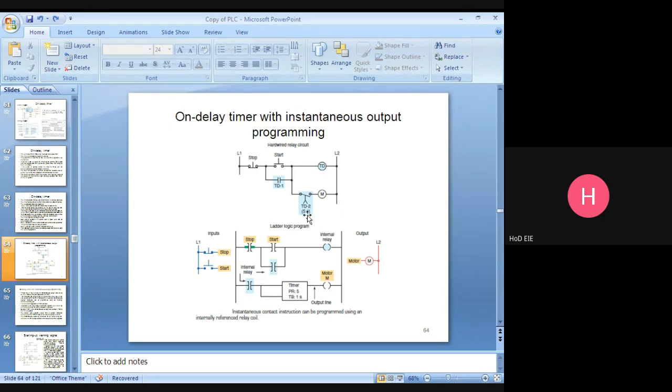Once 5 seconds is reached, this contact will be closed. At that time the motor starter coil will be energized. Understand? Simple application. Understand? Yes.